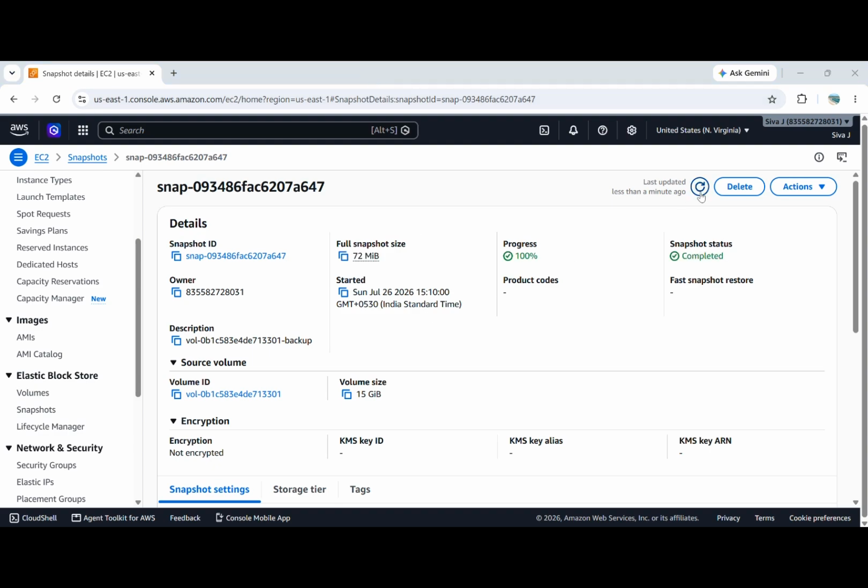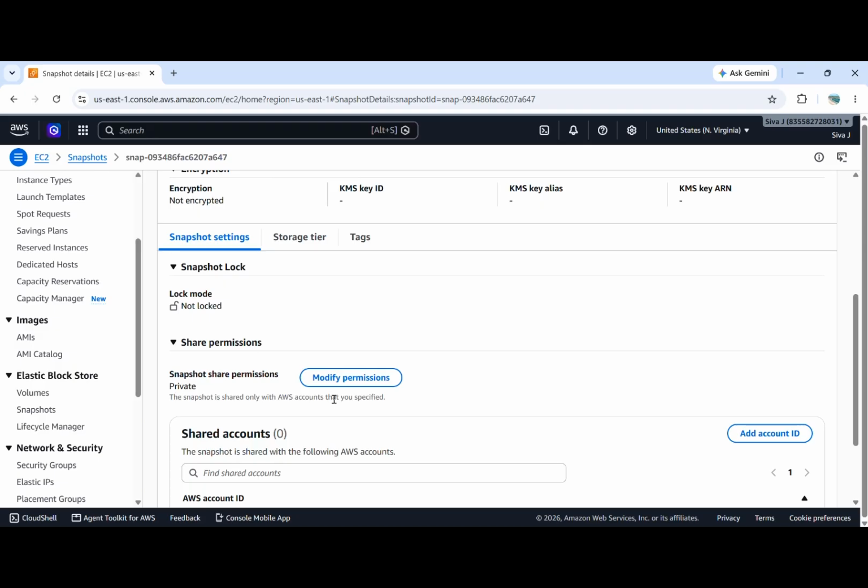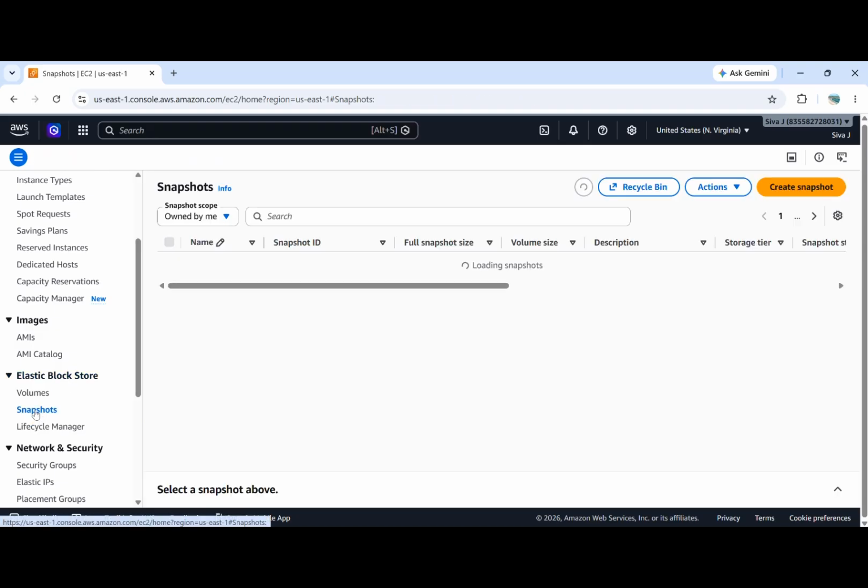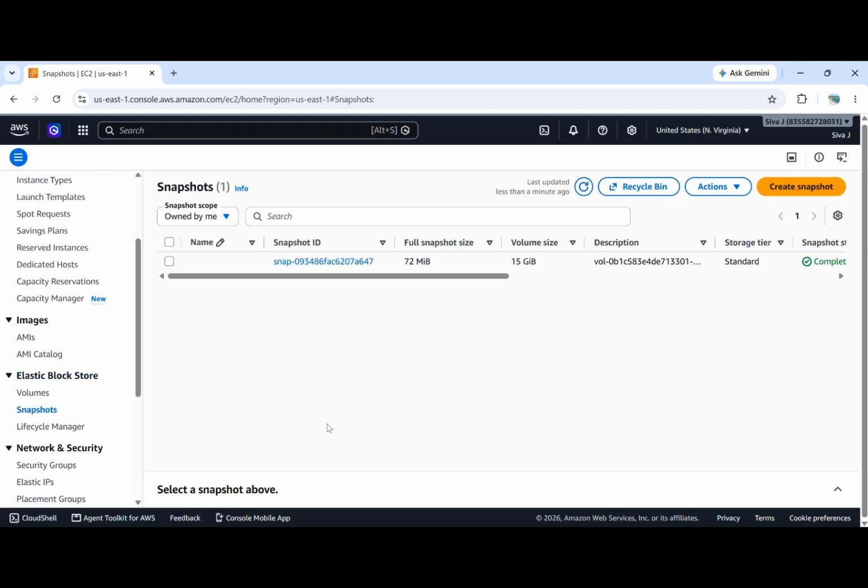So like this, after some time, it came to completed status. So like this, we can create multiple snapshots for the EBS volume. Okay. So using this snapshot, we can also create volumes. So to create it,